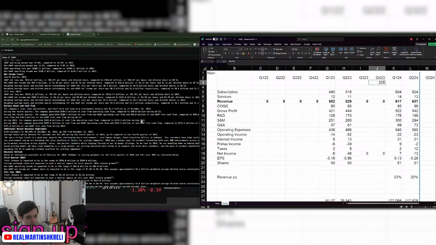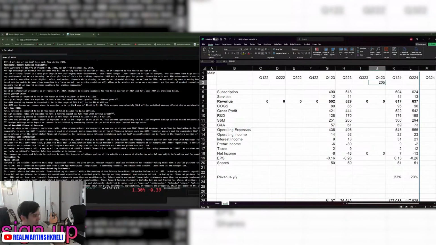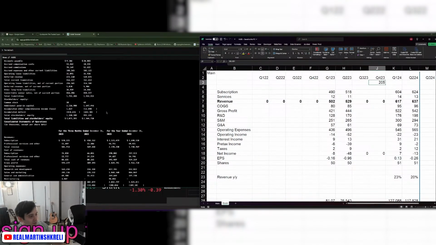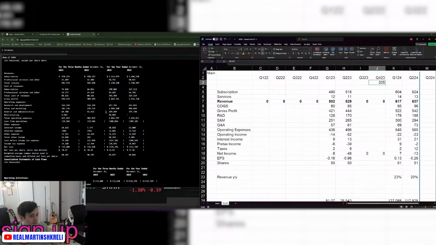eggs in this basket. I'm just going to look at HubSpot because it's one of the major software companies I still haven't really looked into. And as a software guy, former Pharma guy, I'm always going to be the Pharma bro, but that's a different story. I just want to make sure that I at least know something about all these companies. HubSpot's growing. It seems like one of the best managed SaaS growth companies.